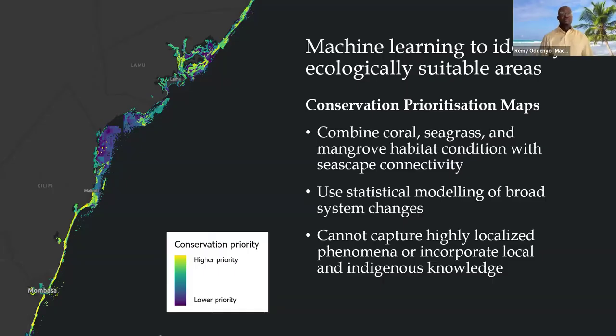One thing about using these models is that in most cases, they integrate satellite information and products. You might have field observation, but you don't really have the local knowledge or their voices integrated into informing which areas are priorities for an intervention such as community closures,